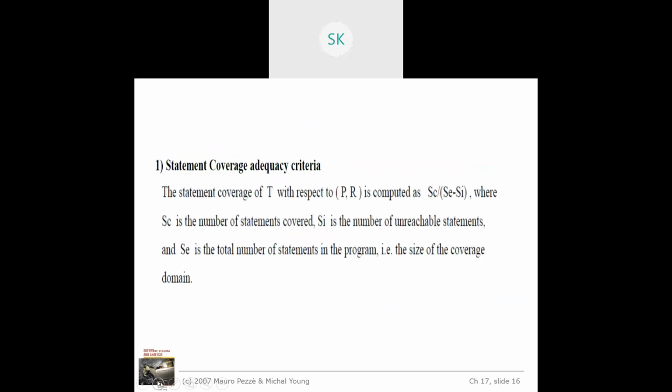Okay. A few topics have been missed: statement coverage, followed by block coverage, followed by loop coverage. We'll check them out one by one. First, the statement coverage adequacy criteria. This will be asked most of the time. They have asked this question, so that's why I took this topic also. What is the statement coverage adequacy criteria?